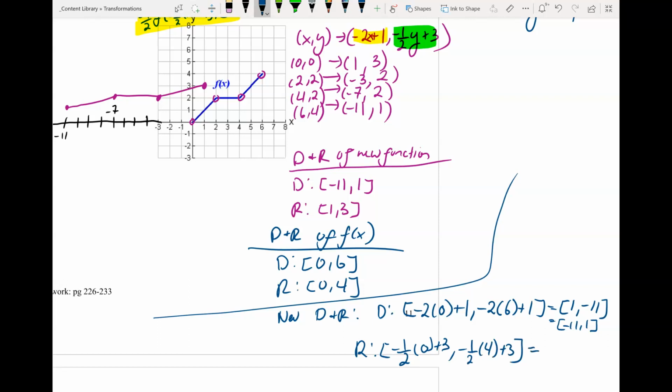Okay, so then now we're left with 3. And the other one, we have -2 plus 3, which is 1. And again, the order matters, so we're going to switch this as 1 to 3. This is how you would find it algebraically if you didn't want to use your graph. Or let's just say you weren't given a graph, you can still do this algebraically if you find